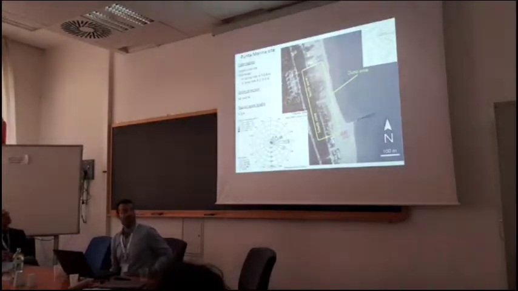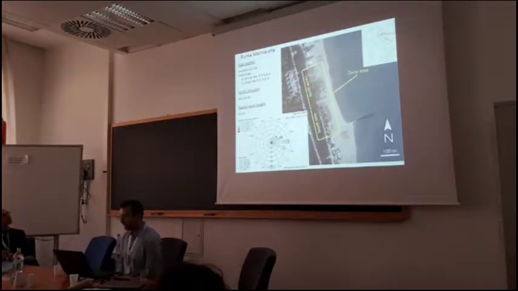The study site is Punta Marina, a small seaside town close to Ravenna city. We are in Emilia-Romagna, in the northern Adriatic Sea, and we monitored the evolution over 1 year of this natural coastal dune. The study site, from a climate point of view, has a semi-diurnal tide regime, which means that we